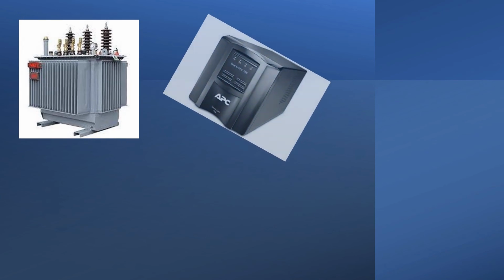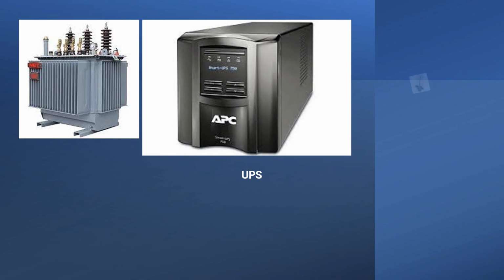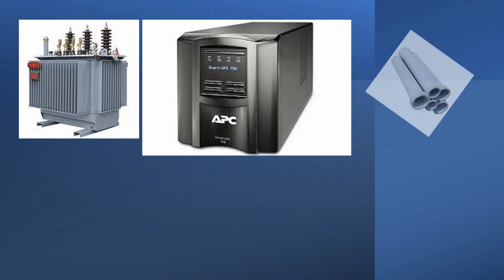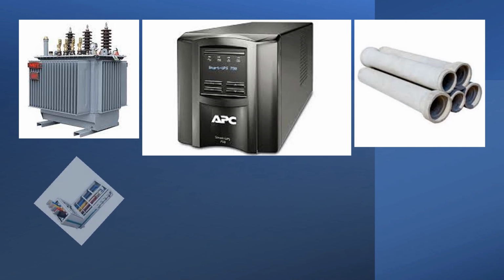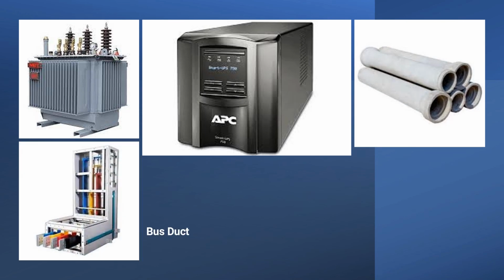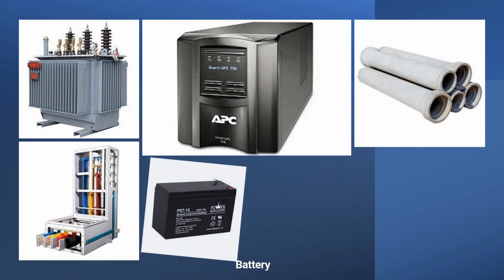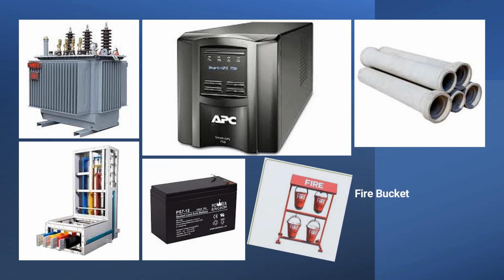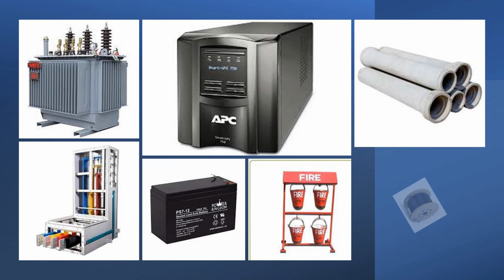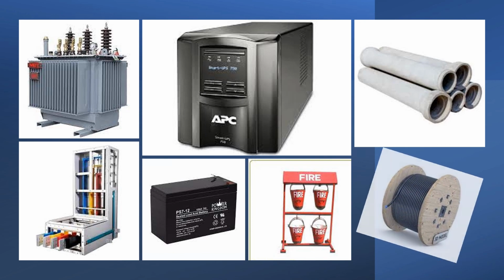So this should be your tracker. Light means there are variety of lights. Switch socket means there are different types of switch socket. Those things you need to find out. This is the basic understanding everybody should know. Here you are seeing transformer, UPS, Hume pipe, bus duct, batteries. So this will be helpful for the freshers to get more idea about what are the materials used in the construction in electrical. So accordingly they can prepare themselves to pass the interview.